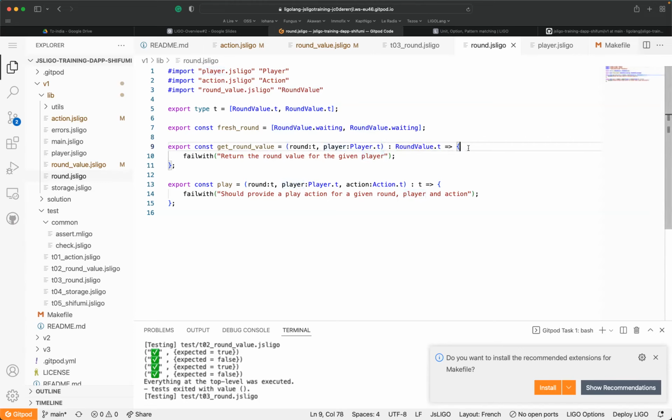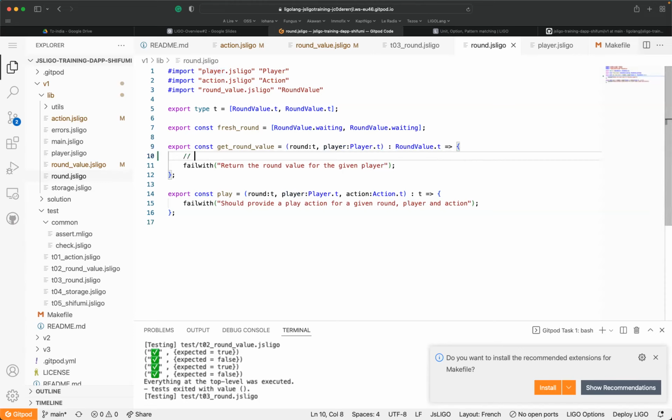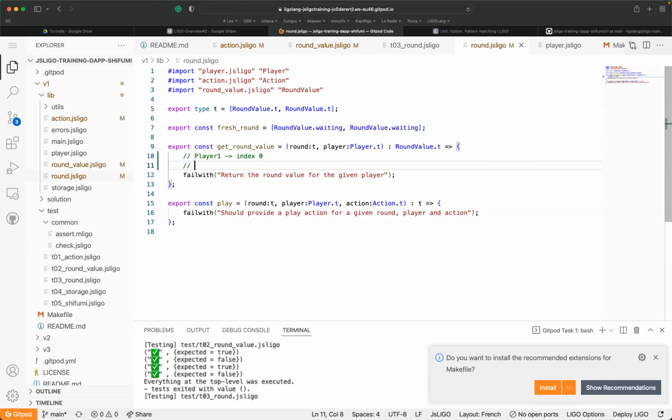And here I would like to say index: player 1 is the index 0, and player 2 is the index 1. Okay. So we have just to write what we call a projection function for the deconstruction, thanks to the values player 1 and player 2.